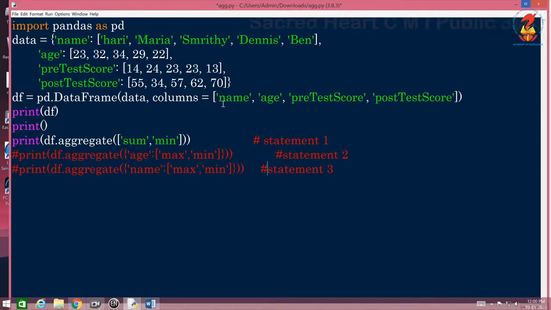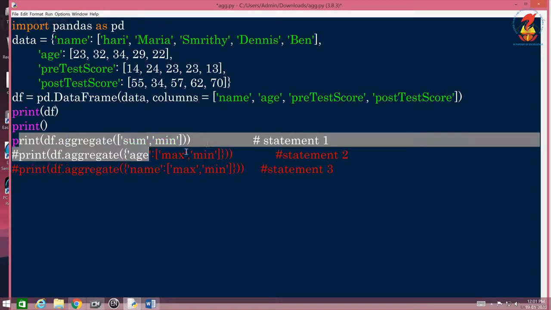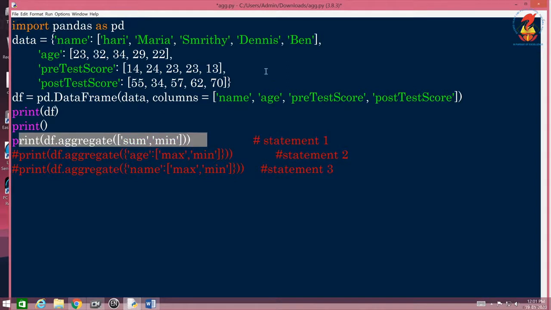Your data frame is created with your name, age, everything. The same example which was created earlier for our other functions, sum, min, max, median and all, is created here. And here we have the first example of aggregate.